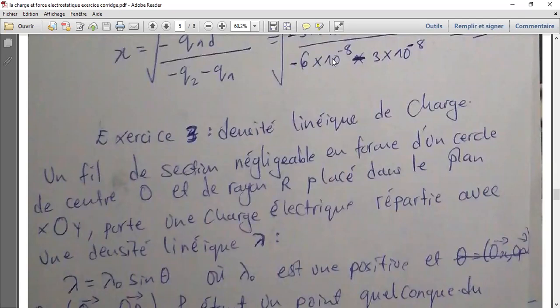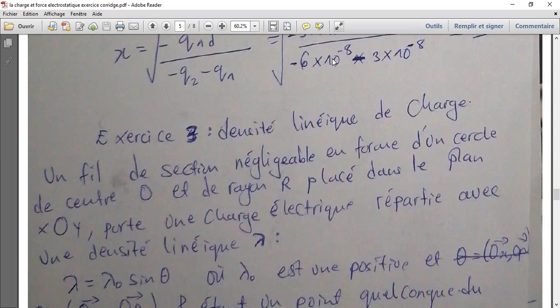So we're going to answer question 3. So basically, a quick rappel of the things which we did last time. We looked at the charges, and the 2 exercises which we did. We were looking at punctual charges, which means charges which are fixed, which can be easily identified. But exercise 3 is dealing with